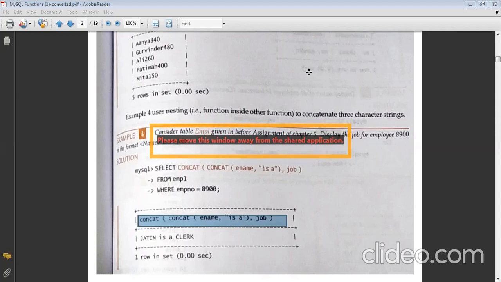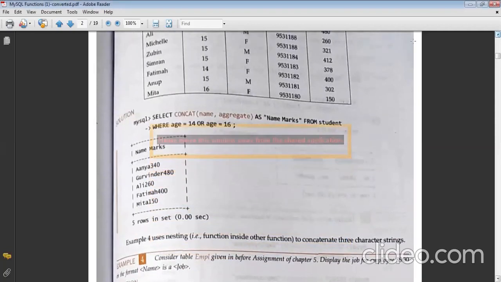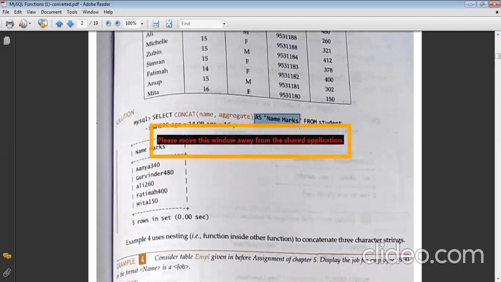Yes, Avni, I just spoke a few minutes before. In this question, we have just discussed that if this function is there and I want a name for it, we can write it like this: as and the name of the column. Where were you, dear? Mentally present raho class mein. So this is the way you can actually write it.